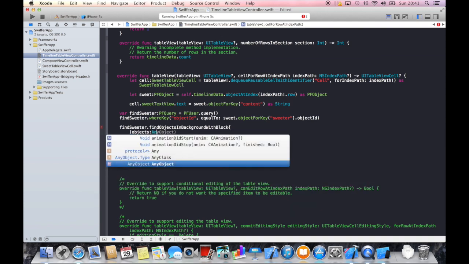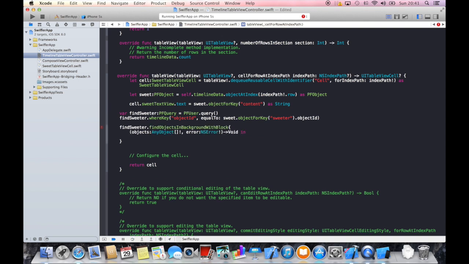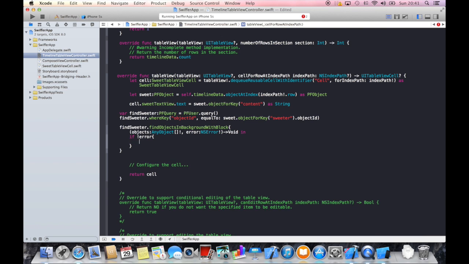And the object, this is an array, unwrap it, error, NSError, unwrap this, returns nothing, void, so in. And now let's first check if there was no error. If there was no error, then we should have found exactly one user, because the object IDs must be unique. So we can define a PFUser. This is a PFUser, and we can get our object